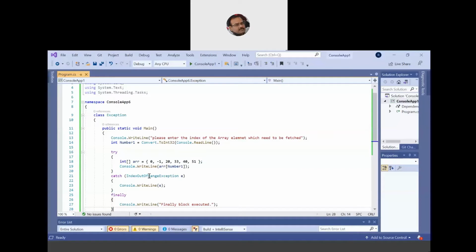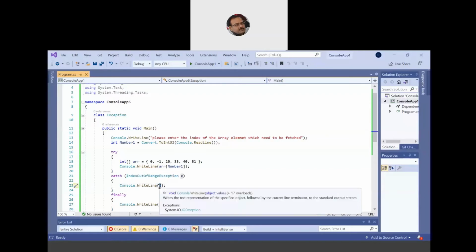I should be ready with a catch block, or catch clause, wherein I define a reference variable of the exception class called IndexOutOfRangeException. The exception class is already available. I instantiate it, and if the problem arises, I display the problem with Console.WriteLine(e), so the programmer can sort out what problem has arisen.